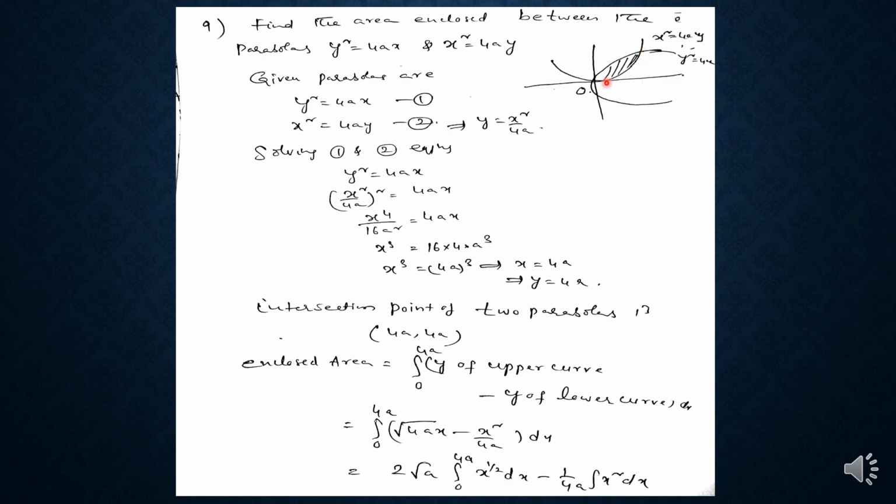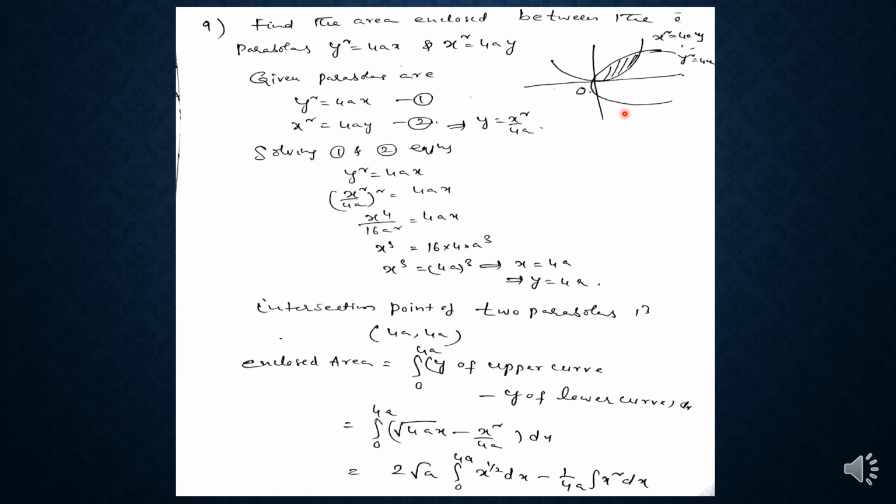That means finding the area between the curves is from x is equal to 0 to x is equal to 4a. The intersection point of two parabolas is 4a comma 4a. The enclosed area can be obtained by integral 0 to 4a: the area of the upper curve, the area bounded by the curve y square is equal to 4ax, the x-axis, and x is equal to 0 to x is equal to 4a. So this is the total area bounded by the curve y square is equal to 4ax